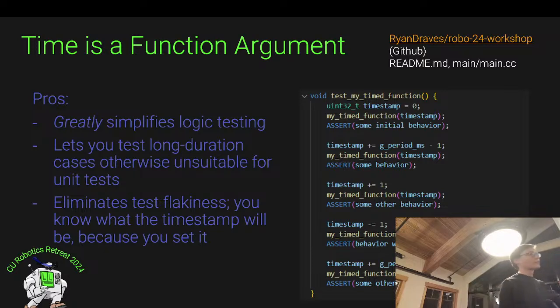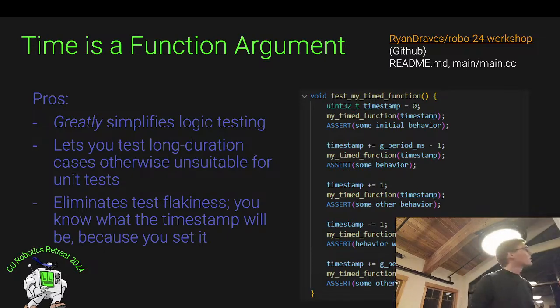The function will return pretty instantly, right? We're not waiting on anything, we're not sleeping anywhere. So it's pretty easy to pick these arbitrary values. We can hit exactly at the moment we want it to do the thing and test that precisely without it being flaky, and go backwards in time and make sure it handles that correctly. We can jump really far into the future and make sure that handles correctly as well. So you can see that does simplify things on the testing side, makes it much easier to deal with this.